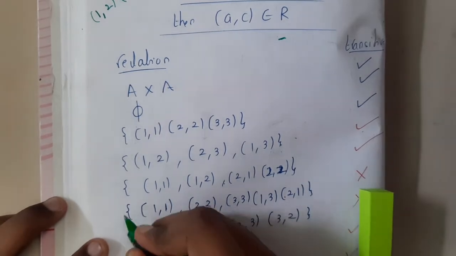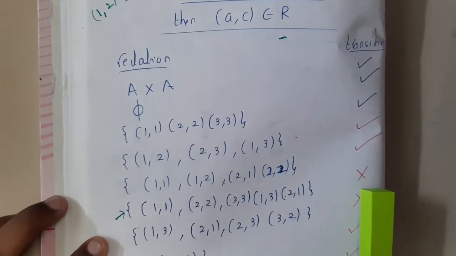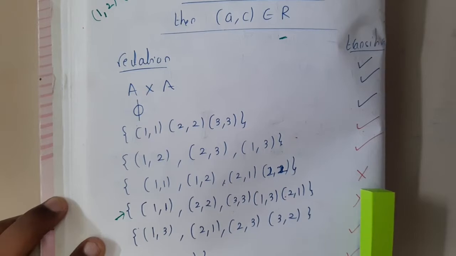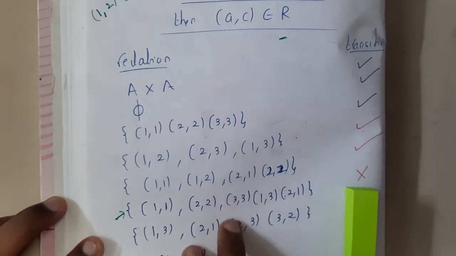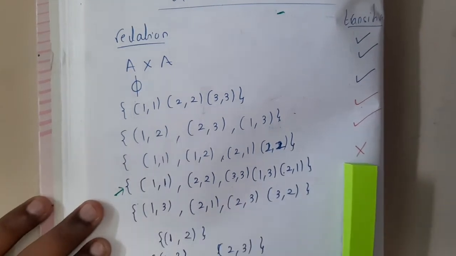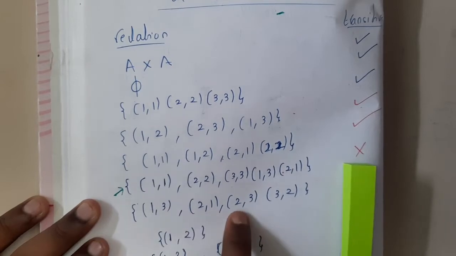Okay, guys, I'll be using an algorithm to check whether it is transitive or not. The major advantage of that algorithm is that you can know which pair is missing. That's a good thing about it. So we can identify where I am making the silly mistake. I think a few of you have identified it and you are laughing, right? Yes. Okay. So 1 3, 2 1, 2 3, 3 2.